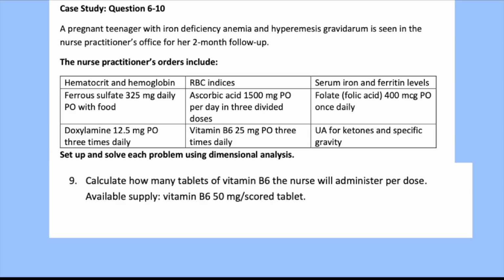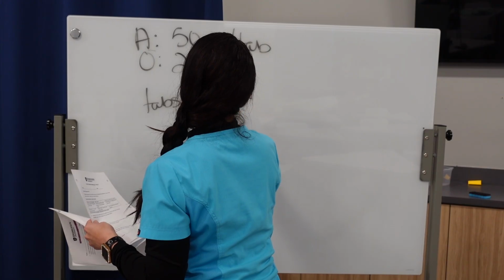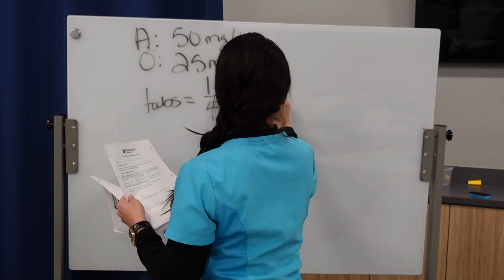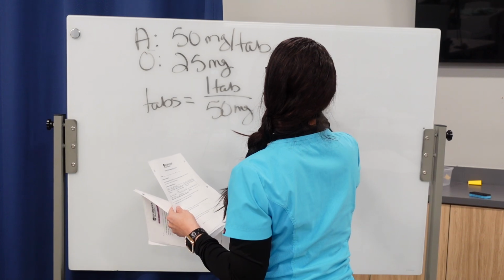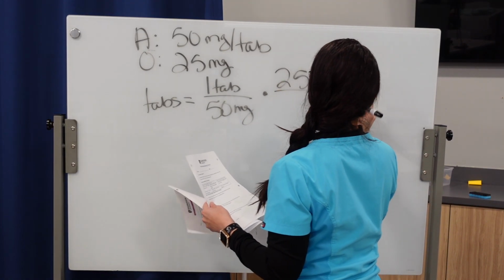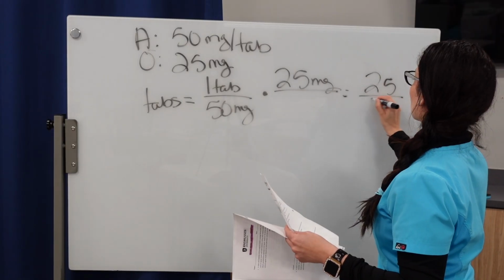All right, and then number 9, almost there. What's available? We have 50 milligrams per tab. Order for B6 is 25 milligrams 3 times daily. So 25 milligrams. Once again, we're looking for tabs. Tabs equals 1 tab has 50 milligrams. The order is for 25 milligrams. When you divide 25 over 50,